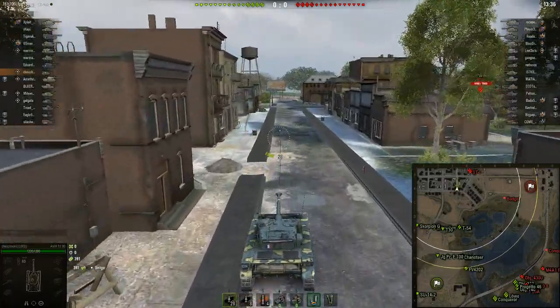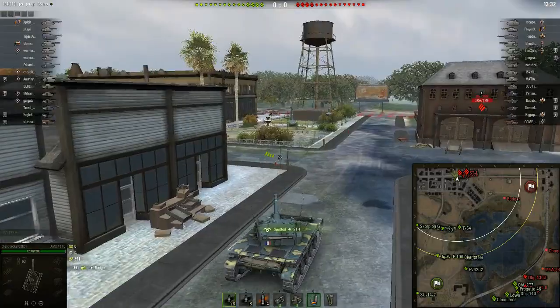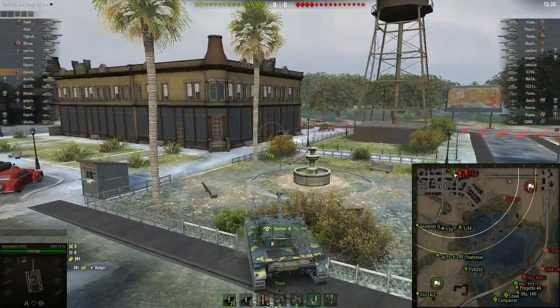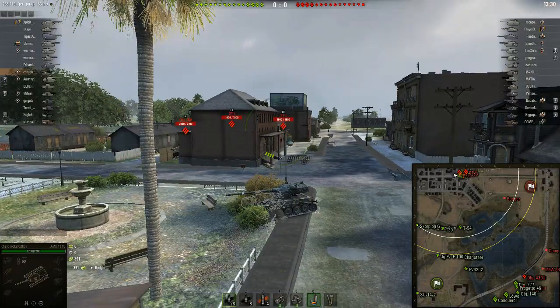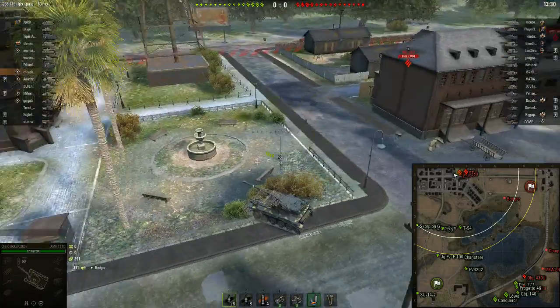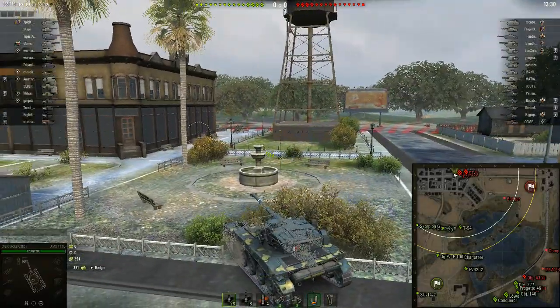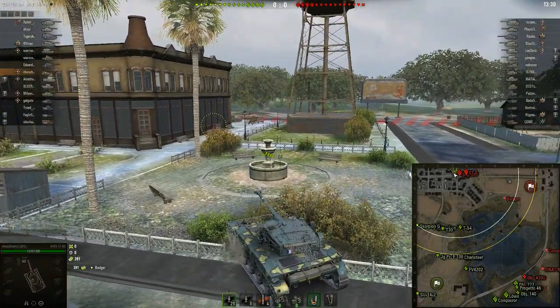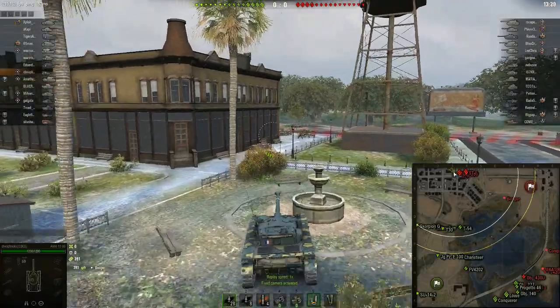Now you notice that what I'm doing is I'm driving down this road, and I'm going to spot all the tanks. There they are. They just got spotted. So I'm going to pause the game. You can see we've got the Object 260, the ST1, and another ST1. And there is a structure over here, which is a water tower, which has a solid base. And if you slip between that gap, all the tanks that are over here behind you,